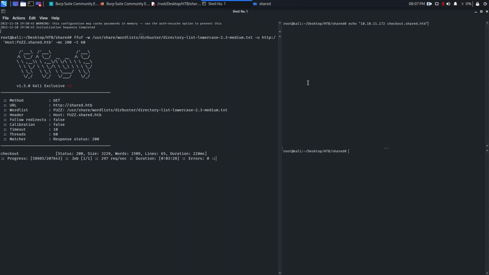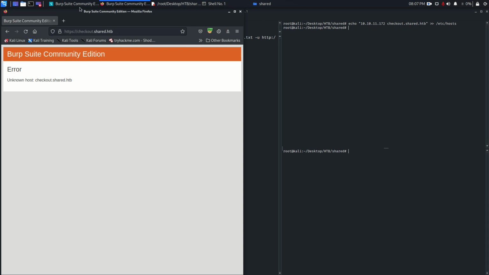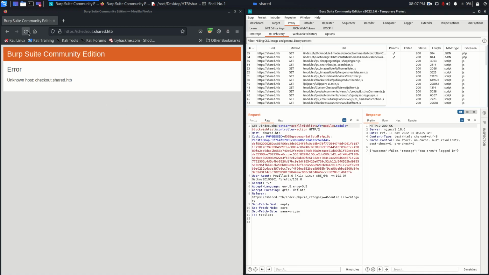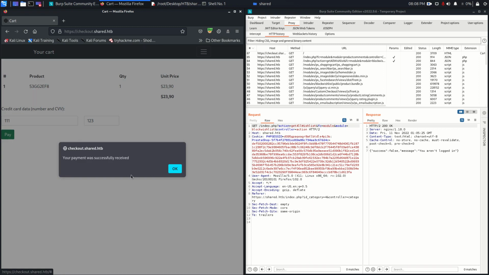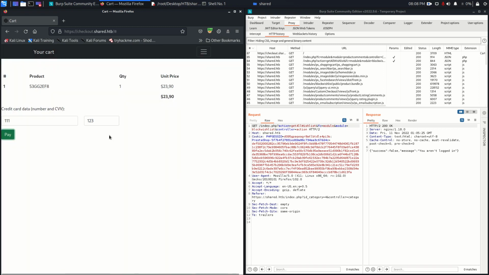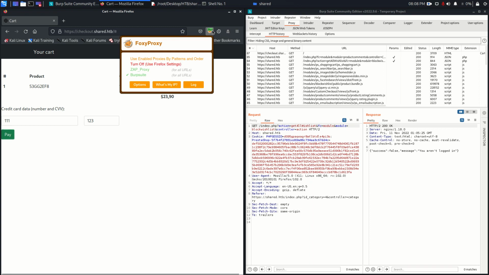checkout.share.htb. So make this entry in the /etc/hosts file, right? And now that should be resolved. So refresh that, and it's resolved here. But let's put a credit card number and CVV 123, pay that, and payment is successful. Everything seems perfect here. So now I'm going to close the Burp proxy, and now I'm going to analyze each